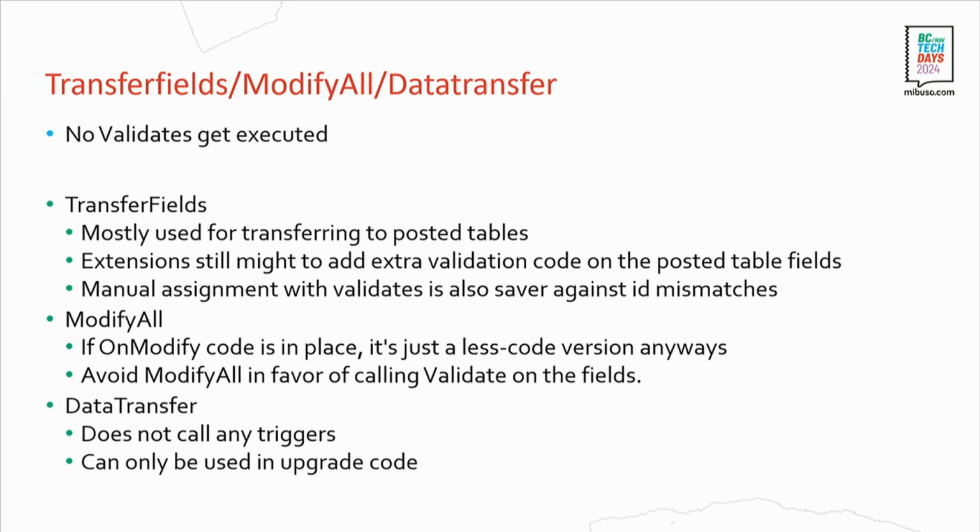So what I would really hope for is if we could get a third parameter to say, well, if there is validation code, run that please as well. If there is none, and the runtime should be aware of the fact if there is validation code or not, if there is no code, then of course do the SQL batch operation, make it fast. But yeah, we don't have that parameter, at least not yet. I don't know if it's coming. I think there is an idea, so it might get voted enough, so we can get that. But again, in favor of calling the validation trigger, you cannot really use the modify all.